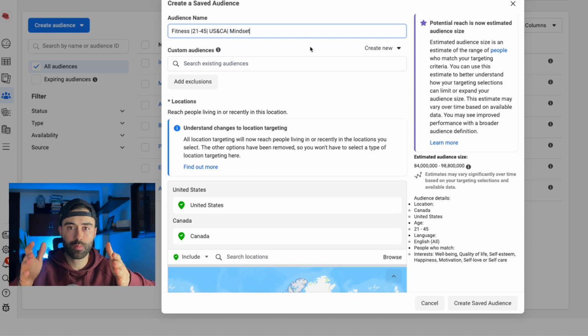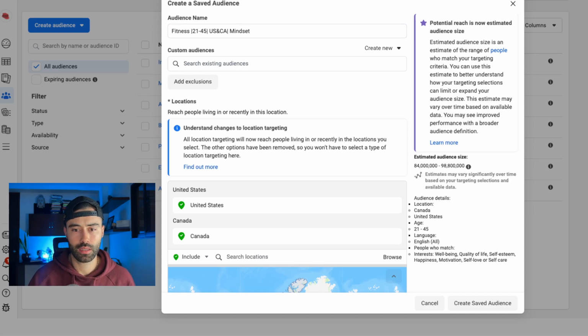And now you can have one solid campaign, ABO, ad set budget optimization, because one of the audiences was 100 million people. Because if you do CBO for that one, most of the budget is going to go towards that because it's more people. So that's it, guys. That's basically the strategy I used for one of the biggest campaigns I ran when I was doing ads for very, very big companies. Again, this campaign helped me spend about a couple million dollars on this healthcare campaign, whatever it was, and it was extremely